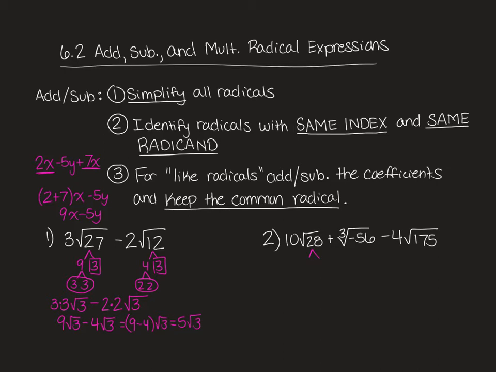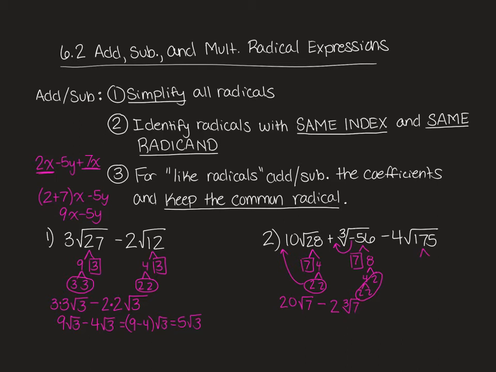If I break down 28, that's 7 and 4. Break down 4, you get 2 and 2. So a 2 comes out, multiplied by the 10, so you get 20, and then the 7 stays, so we get 20 square root of 7. It's actually not going to be a plus, because since we have a cube root, that minus will come out. And then we can break down 56. So 7 and 8, 4 and 2, 2 and 2. For a cube root, I'm looking for groups of 3, so there's my group of 3. The 7 is left over. So we have minus 2, cube root of 7,